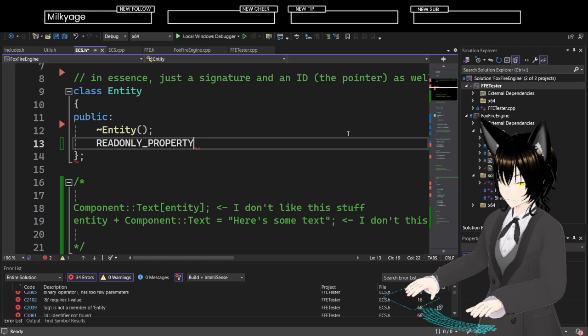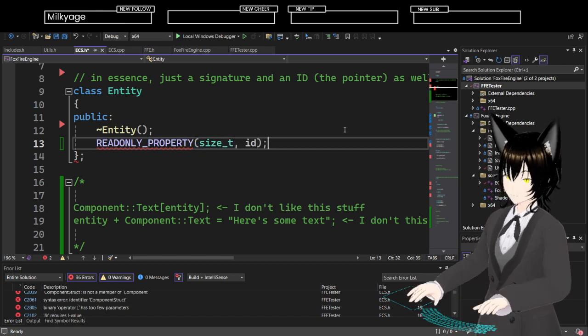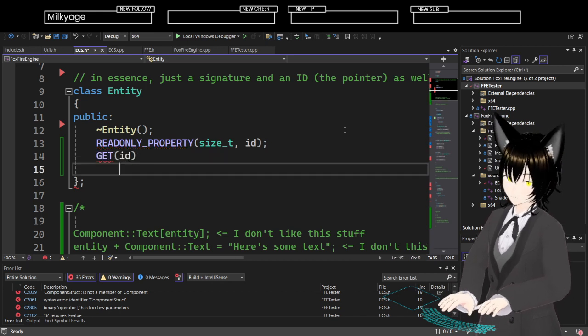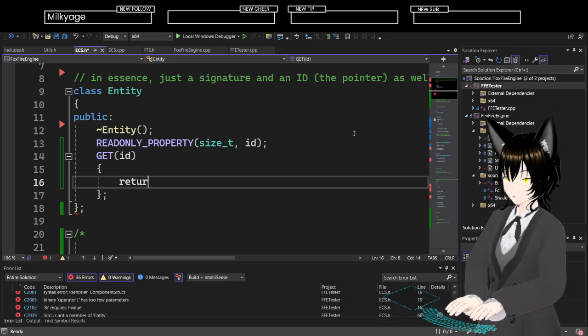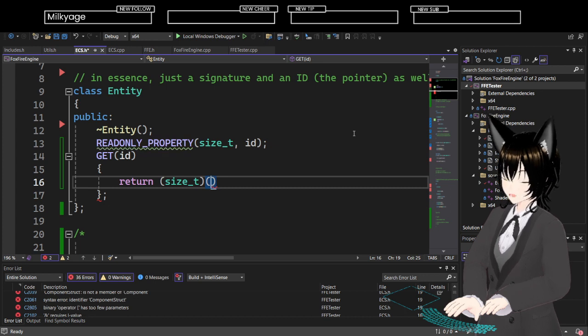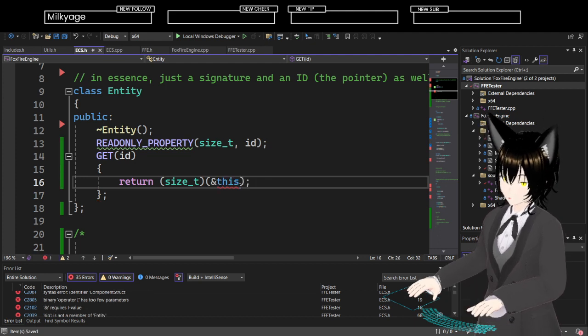Read-only property, size T ID. And this is a get ID. Return size T, and then I want to typecast this. Yeah, it still needs to be an L value? Why does it need to be an L value?